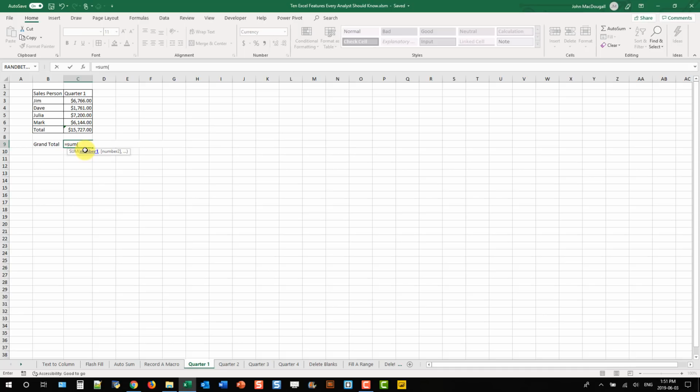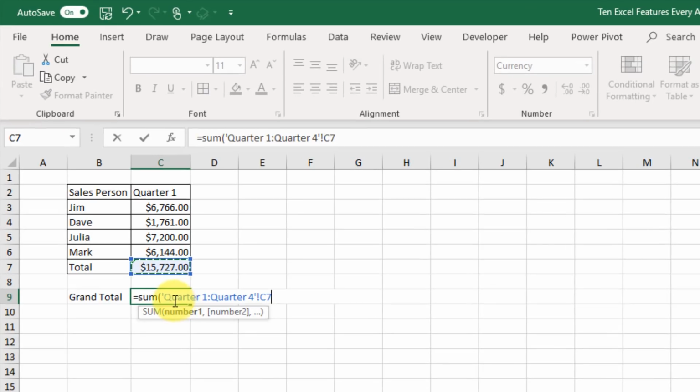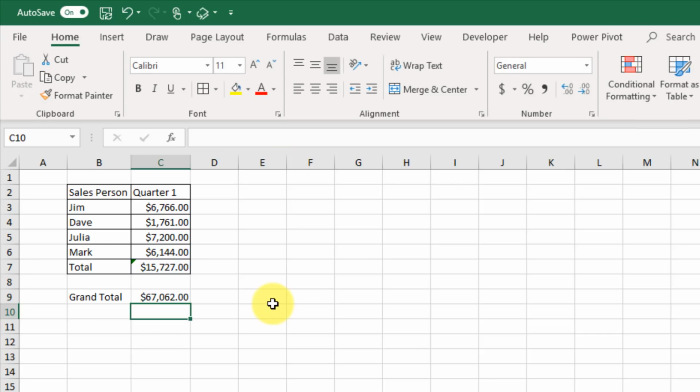So if we type out our regular sum formula, reference our first value, and hold Shift and click on our last sheet, then you can see that it's created this 3D sum reference. So it starts at Q1, goes to the Q2 sheet, and references cell C7 in all of those. We can close our formula and press enter, and we got our values all summed up from all those different